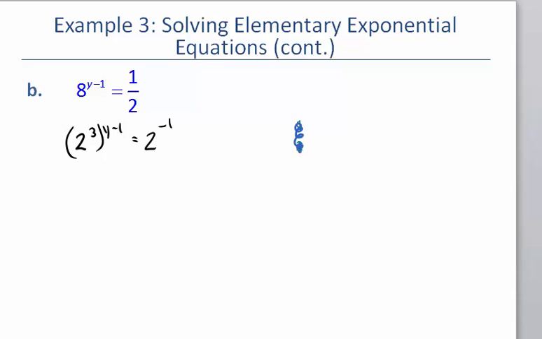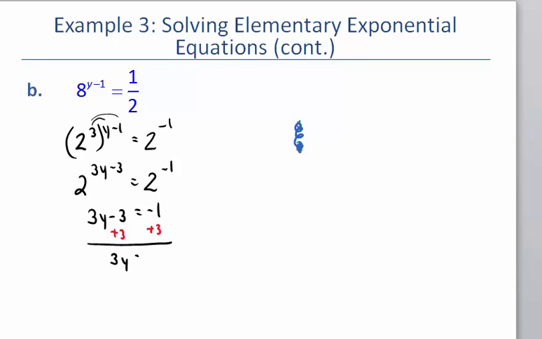Part of step 2 is to simplify. So let's go ahead and distribute. So we're going to have 2 to the 3y minus 3 is equal to 2 to the negative 1. And then the last step is to set your exponents equal to each other. Now remember that you can only set your exponents equal to each other once the bases are the same. So they both have to have the 2's in order for you to set your exponents equal to each other. We'll then solve the resulting equation, and we'll end up with a final answer of